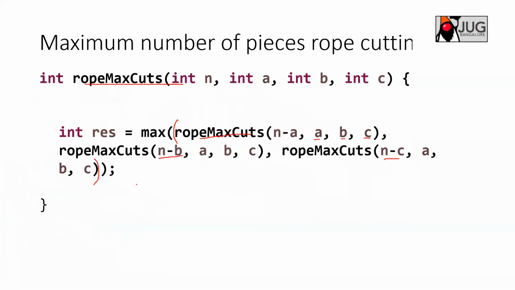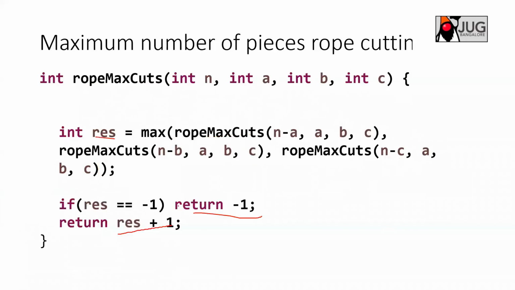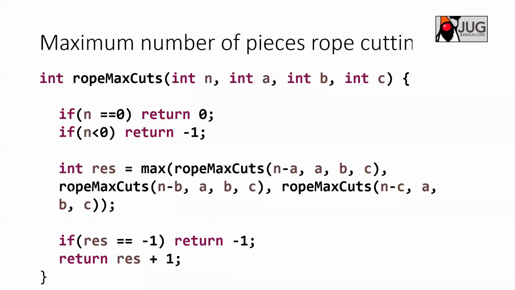So how can we add that? This will be your base condition. If n is 0, what are you doing? You're returning 0. If n is less than 0, it can be anything. I have just taken a negative value. 4 is again you are trying to cut with the 10, right? It goes to -6. So basically it is less than 0. So what are you doing? You are returning -1 here. So this is your base condition, and with this you can solve the problem.